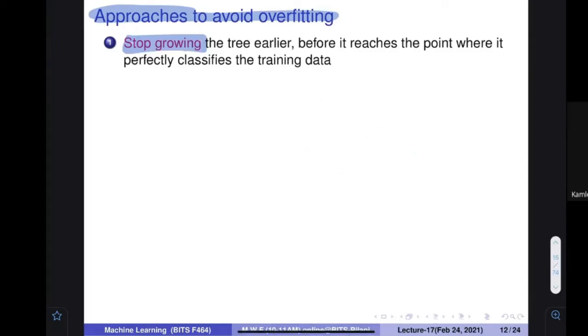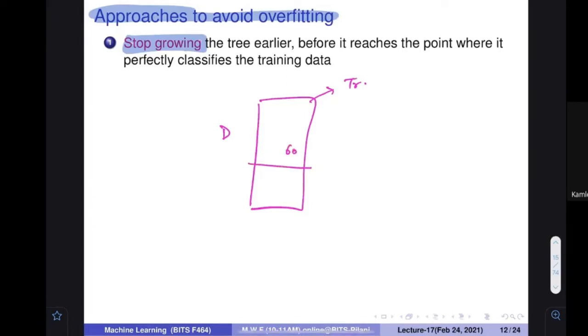The answer is this: if you have a database, generally what we do in machine learning, for practical purposes, is this. Otherwise, all the data given to you should be used for training. But here we divide the data, for example, 60% into training, 10% into validation, and the rest into testing. Okay, so what do I mean by this? I mean that you use the training part to build your model, so you are going to build your tree.